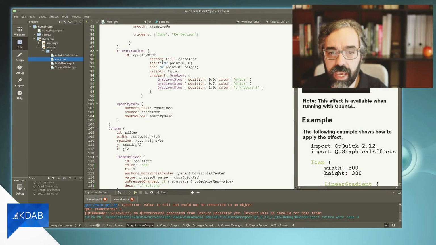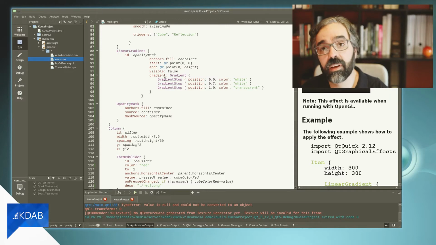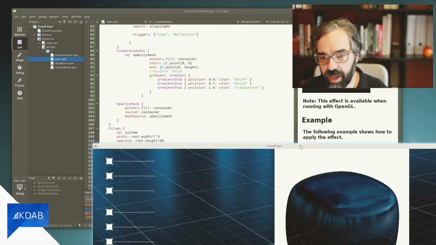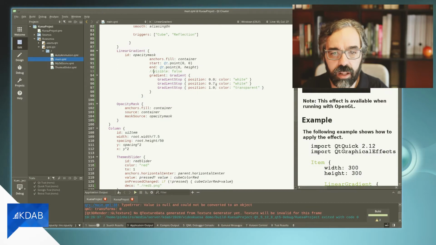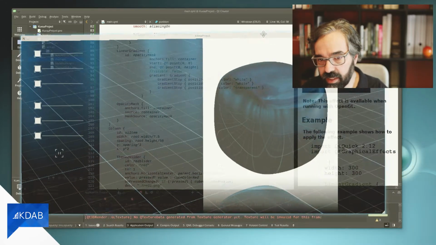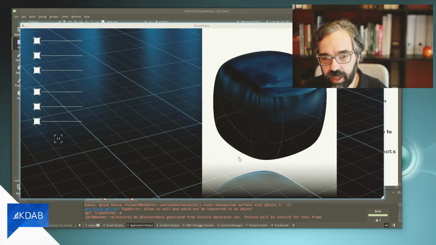I'll just make the visibility of my opacity mask visible again, figure out what's going on, and indeed, the opacity mask starts before the end of the first cube. I'll tweak that value there, the position of the start of the whiteness of the gradient, and indeed, it seems like I got a better value there.